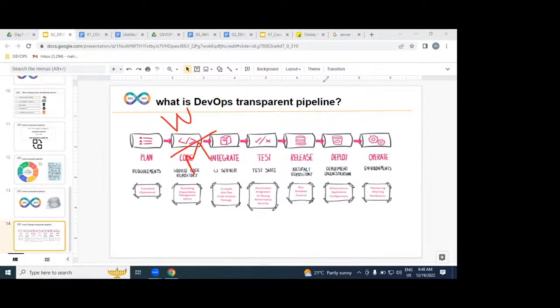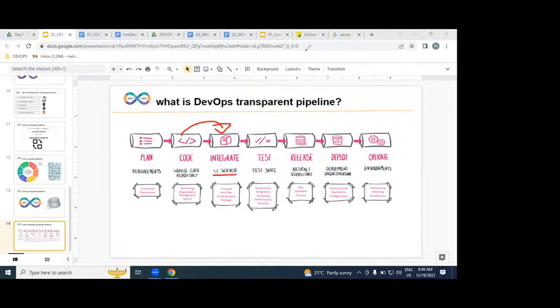But how many developers do we have? Please, anybody help me. How many developers? Please tell me. N number of developers. We don't know. So every day, morning to evening, each and every developer writes N number of code. But all developers' source code, we need to integrate or not? Yes, we are going to integrate it. How? Continuously.